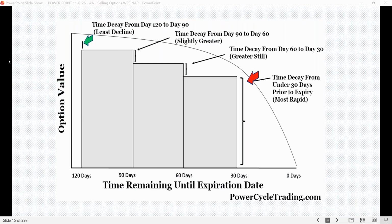All right, so here's a really good example of time and how to picture what it's doing to your option. So if we were to go out and buy an option 120 to 90 days out, you're going to have very little time decay as you start out. So it's very, very small. But as you get closer in, so 30 days out, that's when it really starts to accelerate and starts to tail off. And at the end of the day, at the end of that option cycle, when you have 0 time left, that's where everything goes, option premiums go to 0 based on your time going to 0